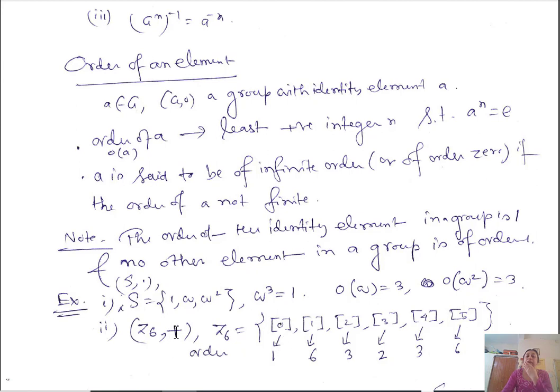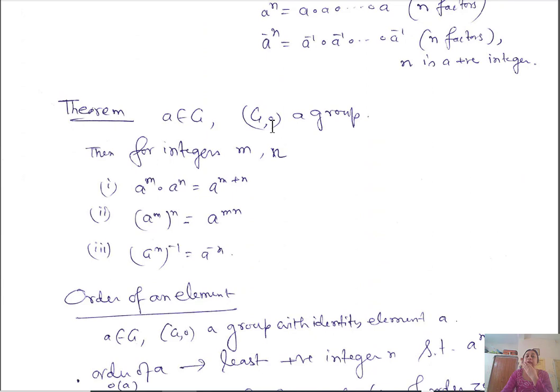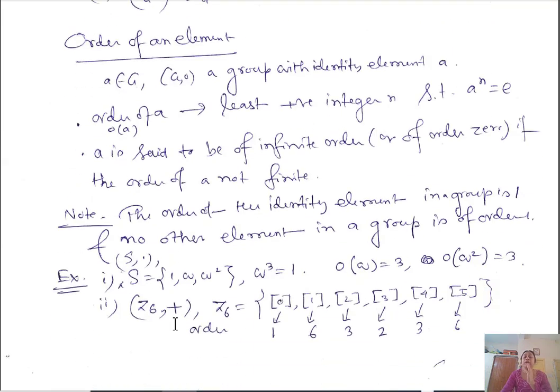When you take a multiplicative group, power means multiplication. But when you have an additive group, the power means essentially scalar multiplication. For example, this one. What is the order of class 0? This is Z6. Z6 means modulo 6. All the integers you divide by 6, you take the remainders, 0, 1, 2, 3, 4, 5. These are the classes, the elements in this set. And the order of 0, the identity element, is 1.